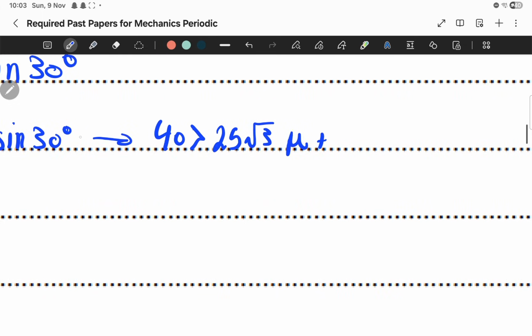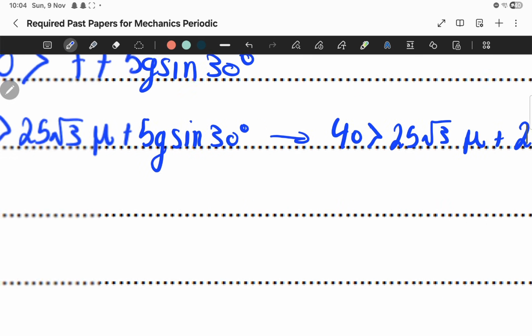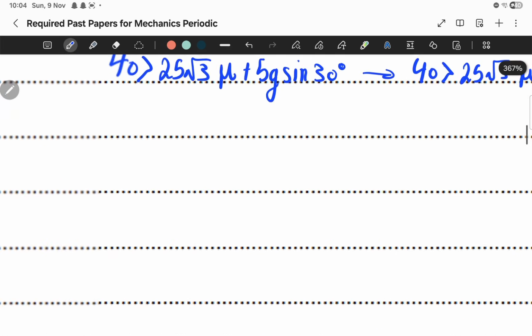Now, I don't like this 5g sine 30 degrees, so I'm going to say 40 is greater than 25 radical 3 mu plus 50 sine 30. 50 sine 30 is 25. So, now I can say 25 radical 3 mu